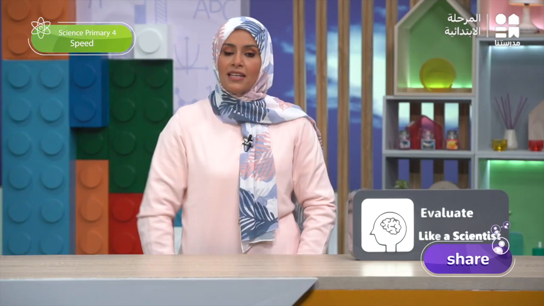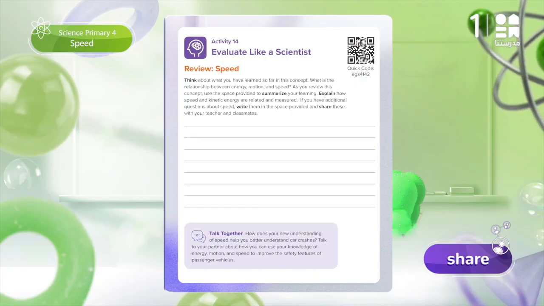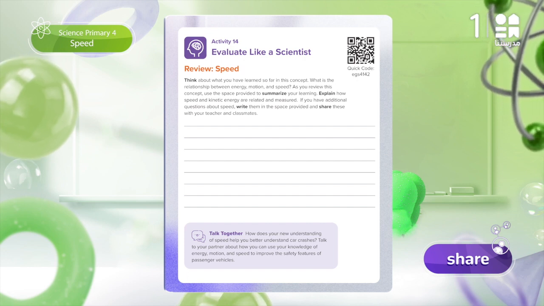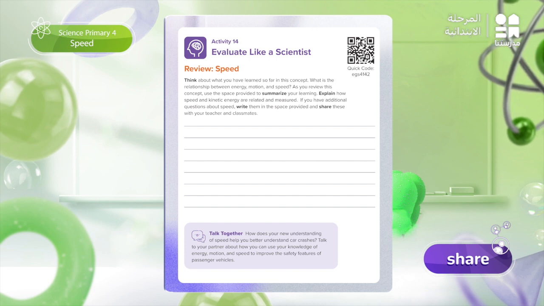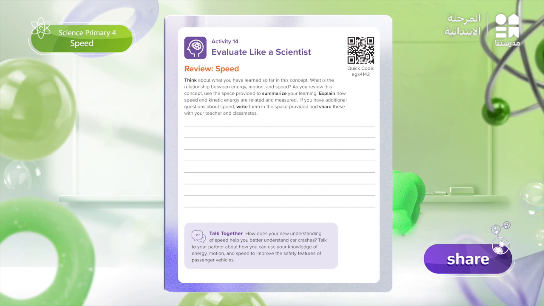Activity number 14, evaluate like a scientist, is entitled Review Speed. As always, it helps us review the key ideas we learned, this time about speed. And I need you to summarize all you learned about the relation between energy, motion, and speed in page 212. If you have any questions, you may add them at the end of your summary to share them with your colleagues and teacher. And we may also find answers to these questions by the end of our concept and unit